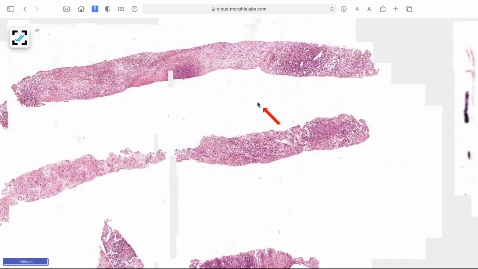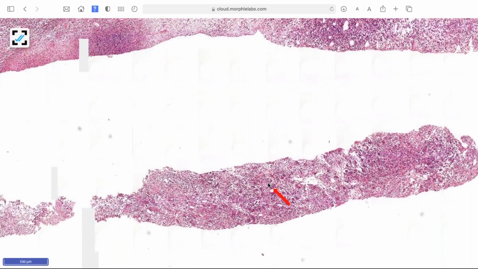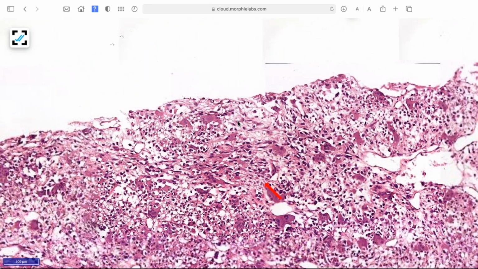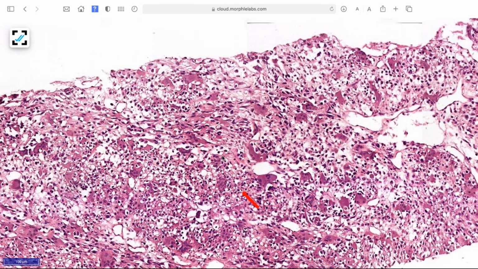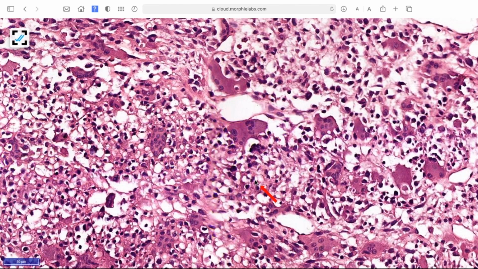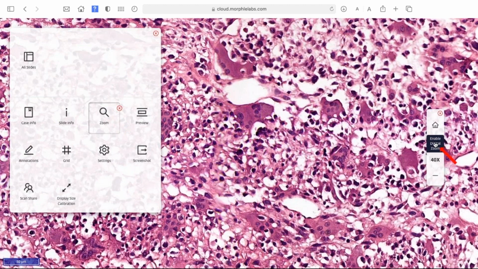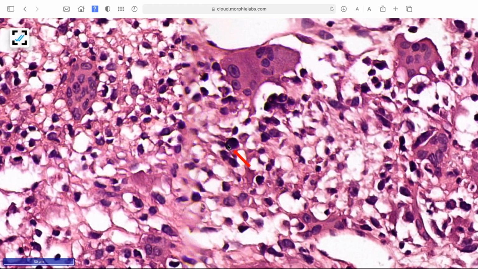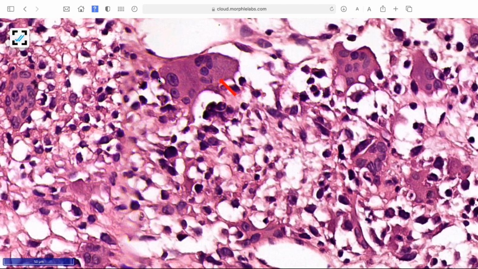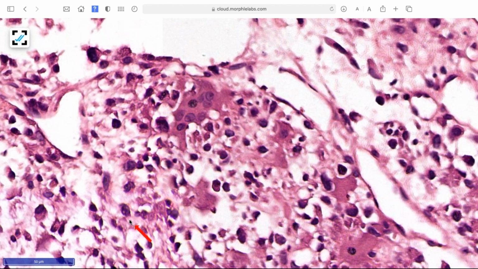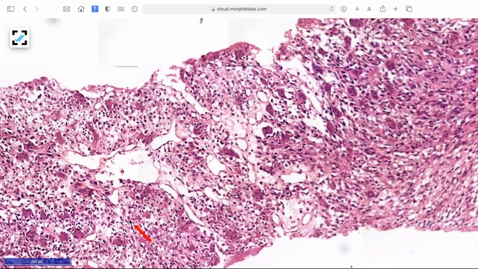So this is a core biopsy. That means the mass is present, and it is a CT-guided biopsy. And predominantly you see in this power osteoclast type giant cells, isn't it? And tumor cells in the background. Let us go to the high power. And you see the spindle cells are highly malignant, pleomorphic cells in the background with scattered osteoclasts. Okay, so scattered osteoclasts with epithelioid or spindle cells. Let us go to the low power. Let us go to another core.